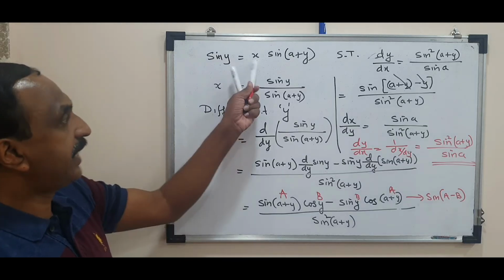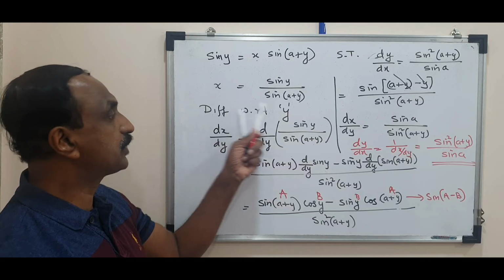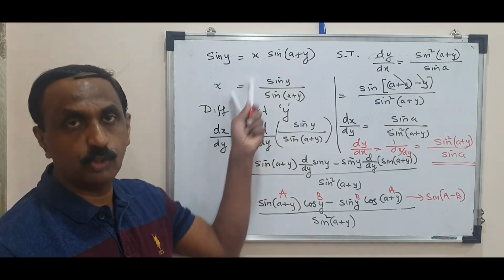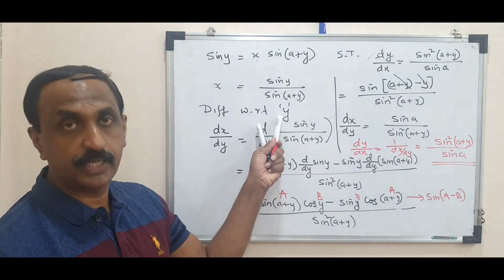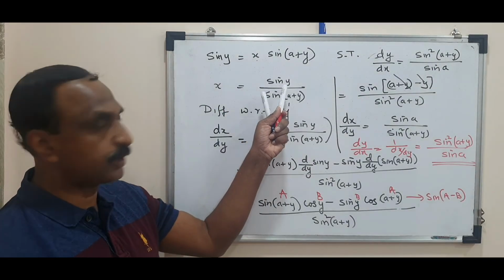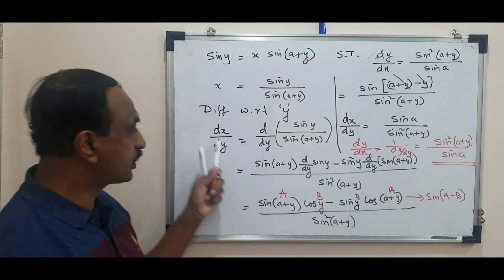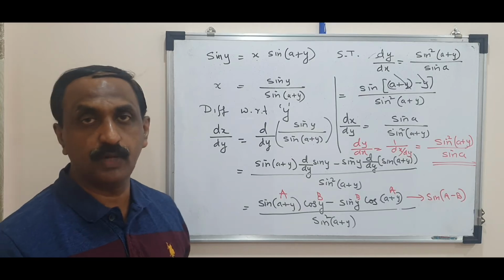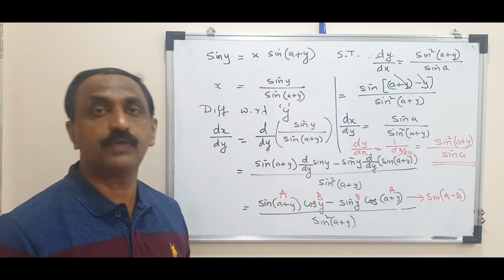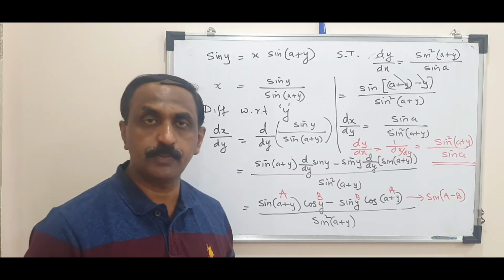Once again, x is not present in the answer. Make x the subject and differentiate with respect to y, because every term on the right hand side is in y. If I had x here, I would have differentiated with respect to x only. Even if I differentiate with respect to x, I could get dy by dx everywhere. And when I took dy by dx common, I could have come to the same answer. But it is easier to differentiate with respect to y. If the function is fully in y, differentiate with respect to y. If the function is in x and y both, then you differentiate with respect to x.